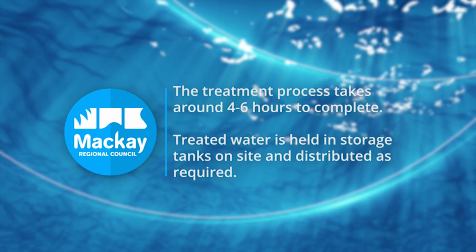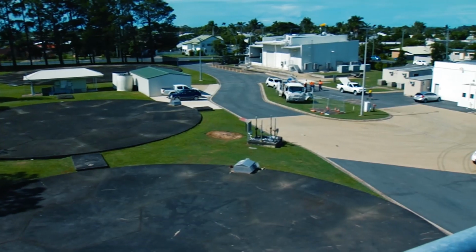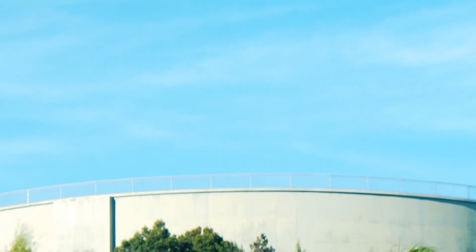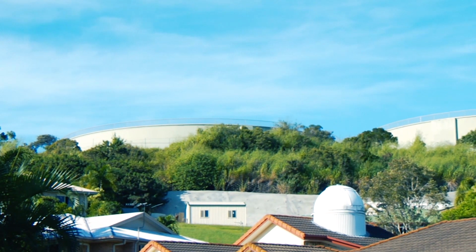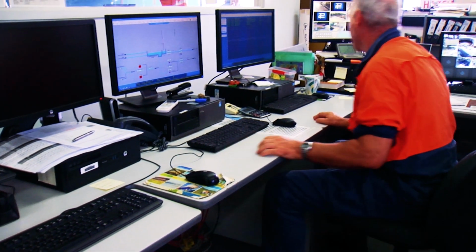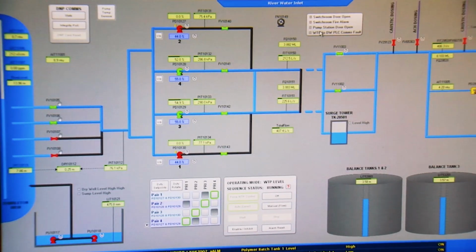Treated water is held in the storage tanks on site and then distributed around the region as required. The storage tanks hold 9 million litres of water. The Nebo Road Water Treatment Plant pumps directly to the Mount Pleasant reservoirs, which have a total capacity of 53 million litres. Our treatment operators use an intelligent computer system to monitor and control the reservoir levels and pumping requirements